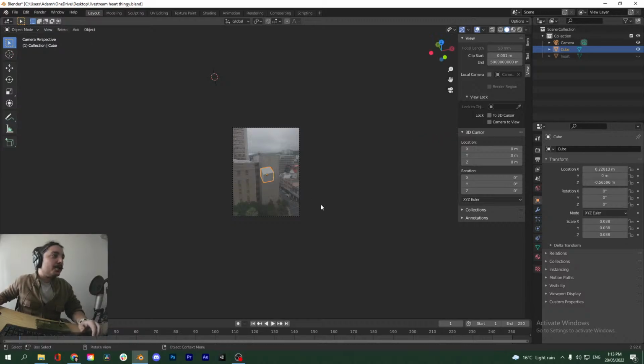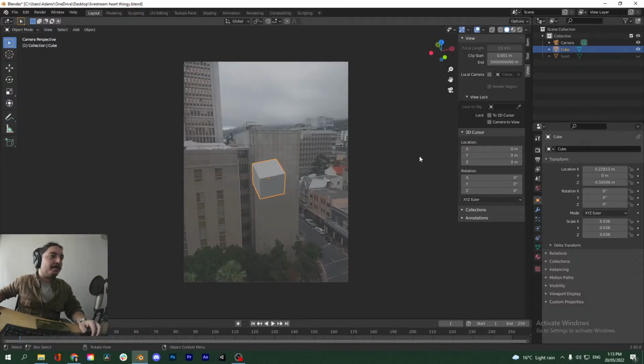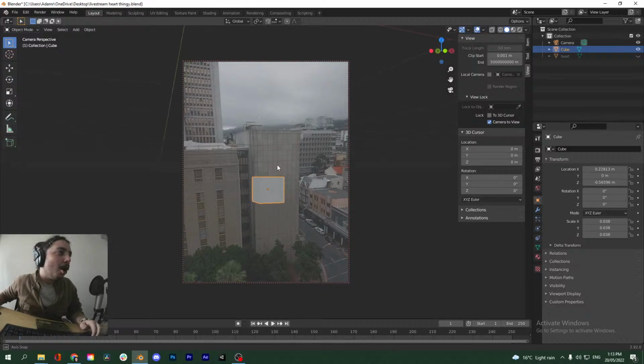Okay, so as I was saying, you'd probably want to use something like FSpy to match the perspective of the camera exactly, but I'm just going to do it by eye, you know, because I'm rebellious. I like to take a freehand approach every now and then. So we can go down here into the view properties and say camera to view, and that will basically let us shift the camera around. And we're going to do our best to align this cube to this building.